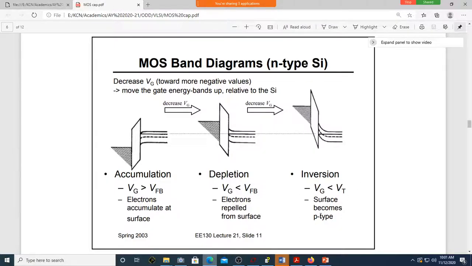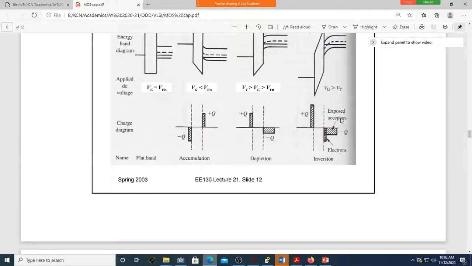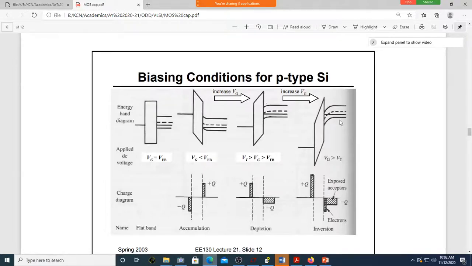So this is the NMOS capacitor and the PMOS capacitor. Of course, if you have an n-type semiconductor, it's a PMOS capacitor. If you have a P substrate here, then it's an NMOS capacitor. Again, whatever flat band we discuss holds good for both of them. So the required voltage to make the band flat is called flat band voltage. That may assist your threshold voltage, that may increase your threshold voltage. Both are possible.